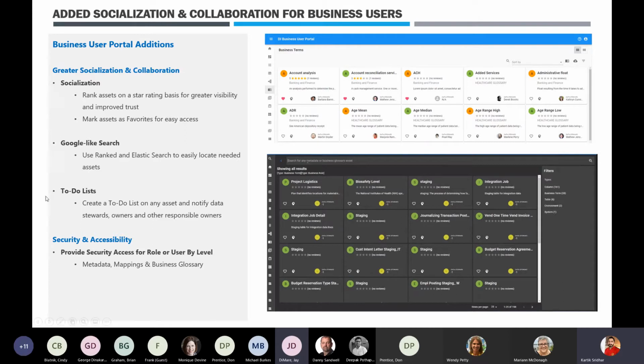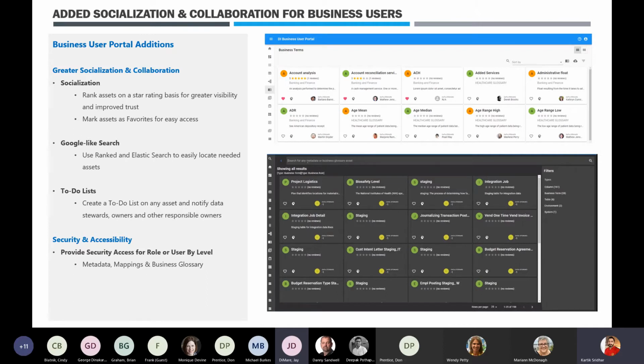And in the new version of the business user portal, from a security and accessibility perspective, you will also have the ability to lock down access based on role and user. So depending on the type of role that is logging in, if that role should only access specific environments so that they don't see all the metadata, or they should only see specific catalogs so that they don't see all the business term glossaries, you can now have restricted access based on role or user, so that when you log in, you have a subset of data that you actually need to view. So these are the primary themes that we focused on for the 10.2 release.